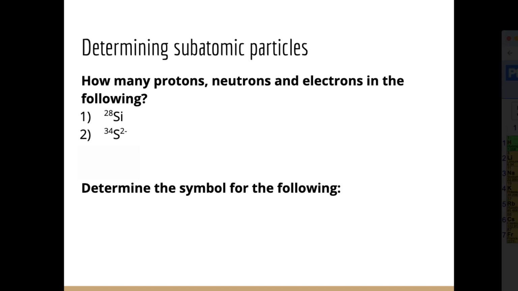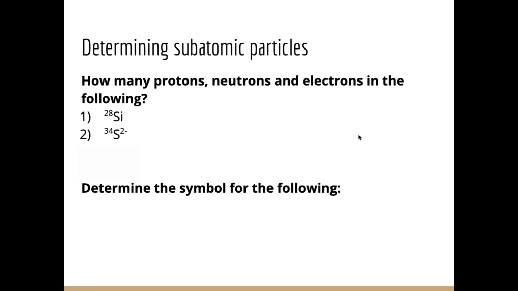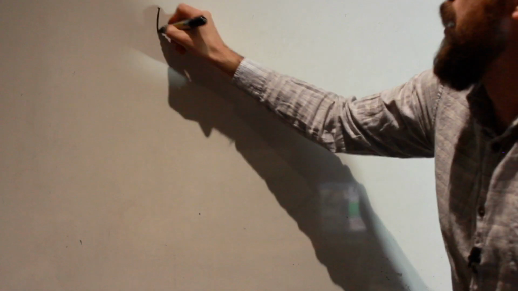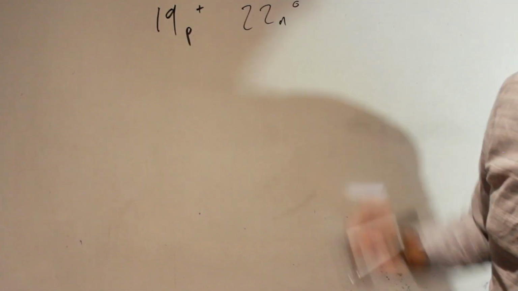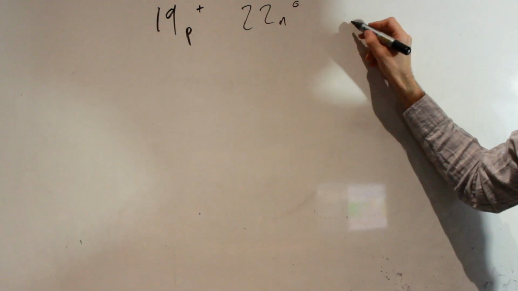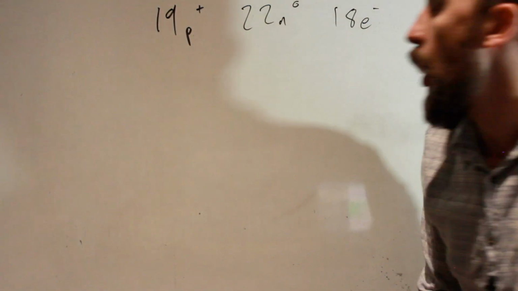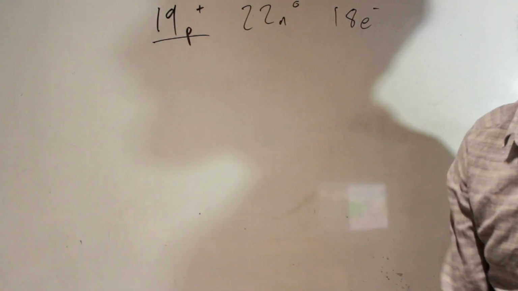Next one. What about if we're given, determine the symbol for the following? This time you're given the subatomic particles, and we've got to determine what the symbol is. So we've got 19 protons, 22 neutrons, and 18 electrons. Let me collate my information. 19 protons, how many neutrons? 22 neutrons and 18 electrons. Okay, so the first thing we can look at is the number of protons, because the number of